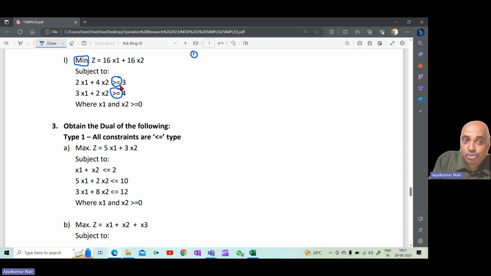In case you had less than or equal to, then you have to multiply the entire constraint by -1 to convert less than or equal to into greater than or equal to. So the first step, we are checking whether the constraints are in tune with the objective function, and they are. The second step is the revised model. So when you do the revised objective function,